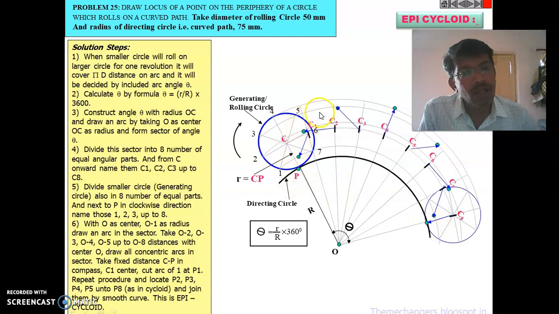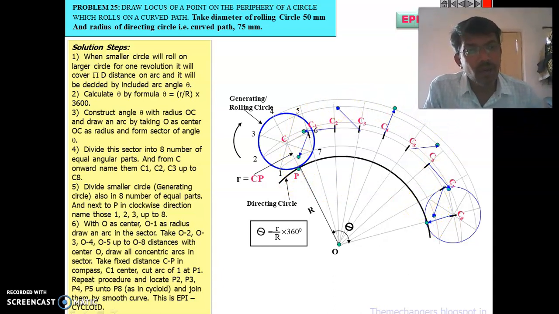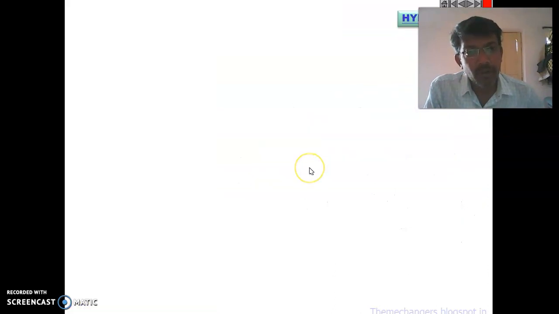Now all these points of intersection, please give the naming of them, that is P1, P2,